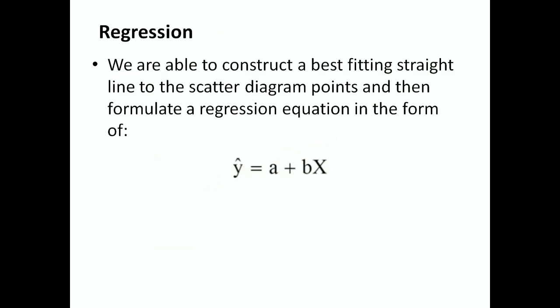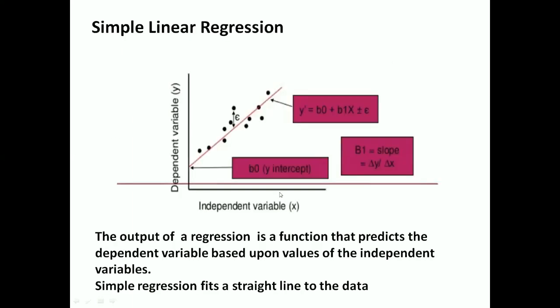If we minimize the sum of square errors in estimation of y values, such a line is the regression of y on x. And if you want to find the line of x on y, we have to write exactly the opposite: x hat is equal to c plus dy. Okay, so we minimize the least square error using this equation. So this formulates two lines of regression, shown like y hat is equal to a plus bx. This is a simple linear regression.